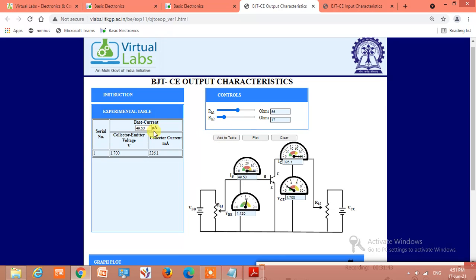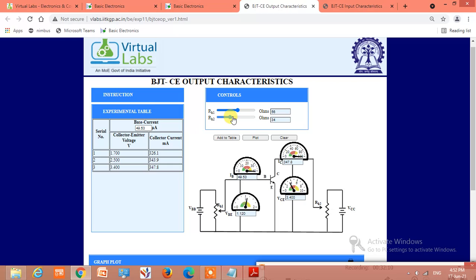So we have set the value of base current to approximately 50 microamps. Vary the value of VCE in steps of 1 volt and record the current. For 2.3, then for 3 volts, add to table.